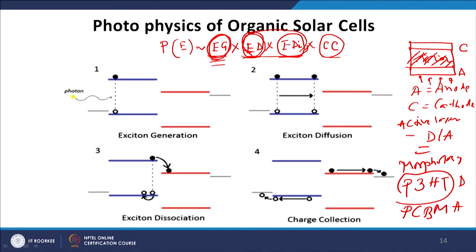Usually we call it a structure property relationship. As good as your structure will be, your optical properties will depend on that. Similarly, depending upon your morphology, your photophysical properties are dependent. So, that is why the study of the morphology and photophysics of an organic solar cell, or any kind of solar cell, is very important for optimizing the efficiency of these devices. And the last thing is the charge collection efficiency.